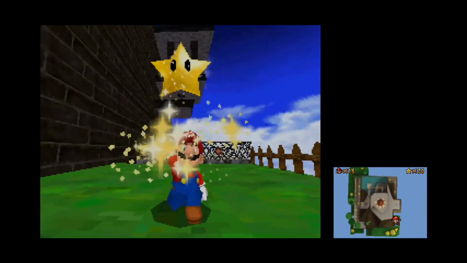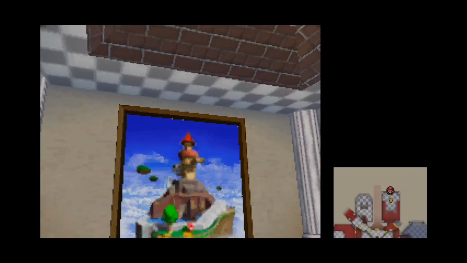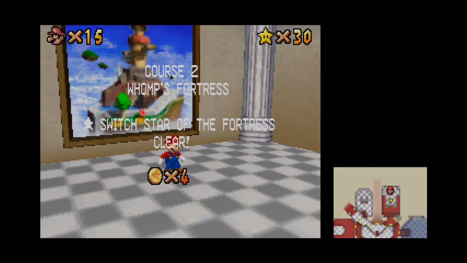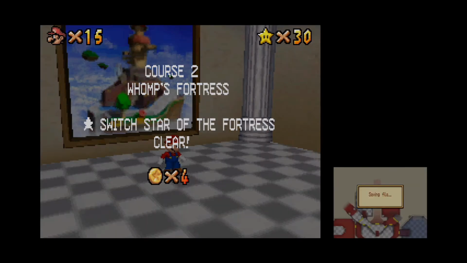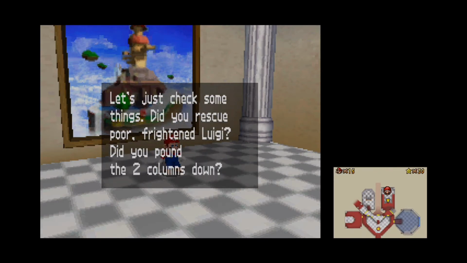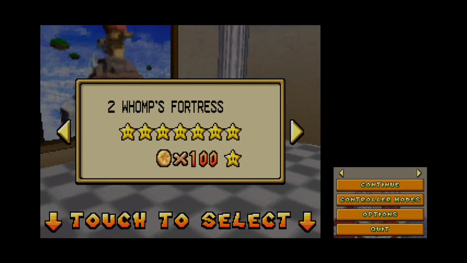So anyways, all you have to do is make your way to that specific glass container, which contains the Power Star itself, or more specifically, the Switch Star, and if you manage to make it there in the nick of time, then you would obtain it. So anyway, now we've got ourselves 30 Power Stars,